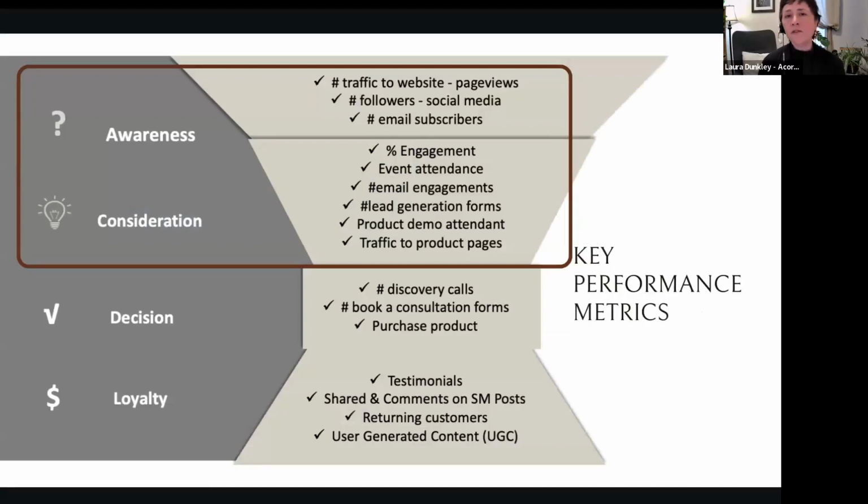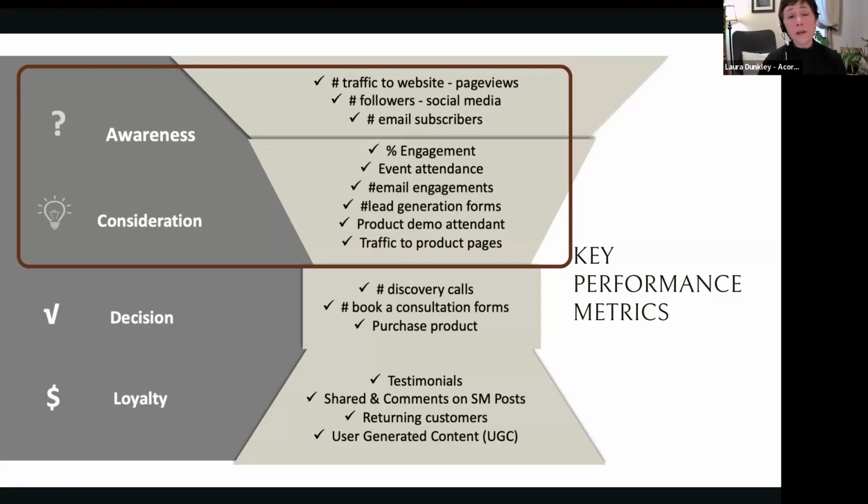And here is the infamous marketing funnel. It starts with general brand awareness, right? We have to let people know that we even exist and who we are. Then it moves to the consideration stage, where they think, oh, right, I found you guys, you might be what I need. Are you credible? Do you have the authority to be able to do this? Are you going to deliver what I need? That's the consideration stage. So they found you, now they're considering you, and they haven't quite decided to purchase yet.